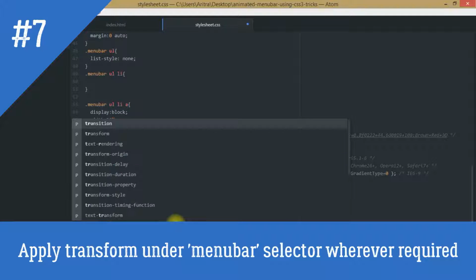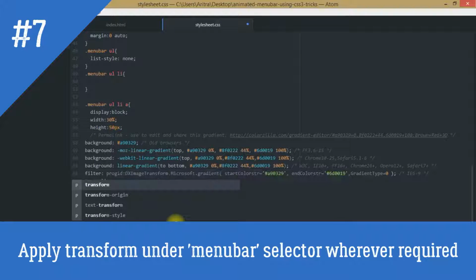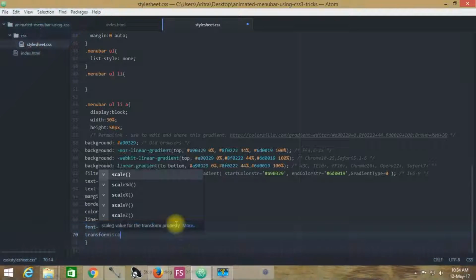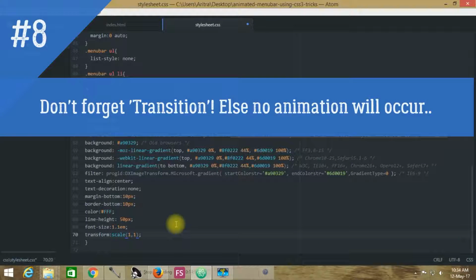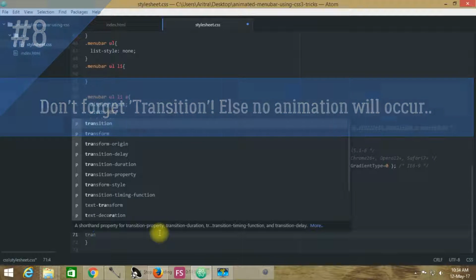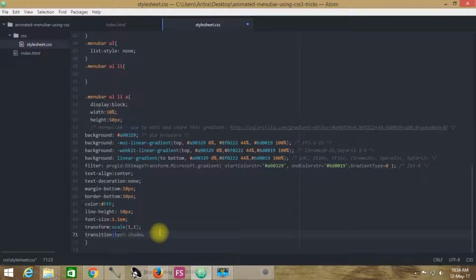First of all, we are mentioning that transform in this particular case will be scale, and it is 1:1. That means there won't be any kind of zooming over here. And we are providing another transition, 2 seconds. As we can see here, we have provided a transition over text shadow, then a transition of color and on transform action. That means this transform scale will be changed on its hover action.